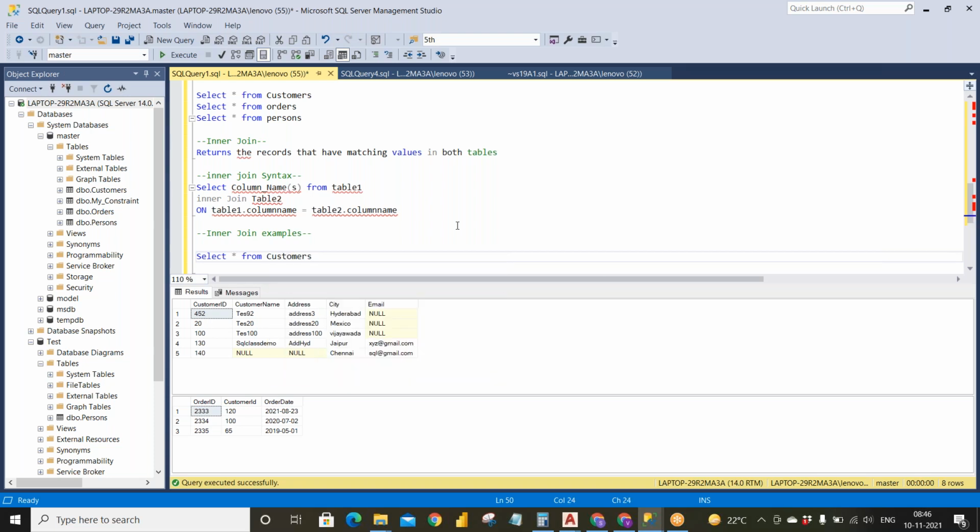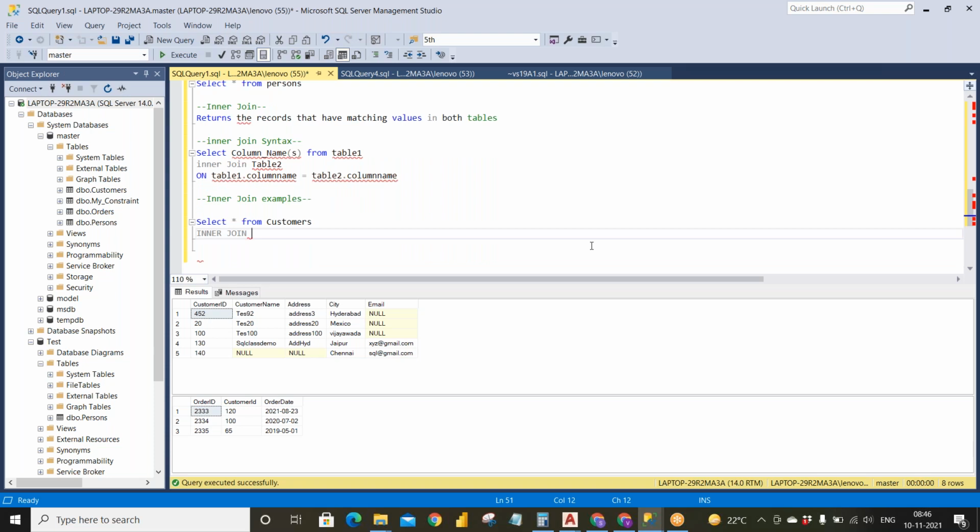Okay, and then I want to write this inner join, and I want to give table 2 name, orders. Now I need to give the condition with the help of the keyword called ON, right? Here aliases will be useful, but why, I can tell you later. So first of all, we will not give the alias names. We will see what we can do over here.